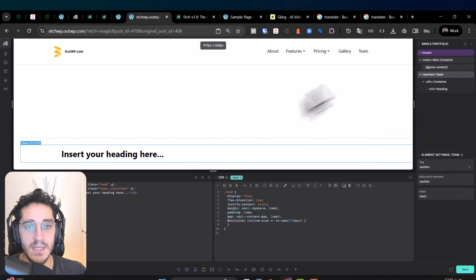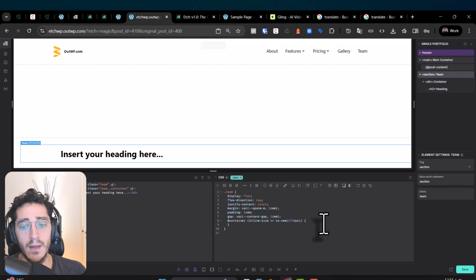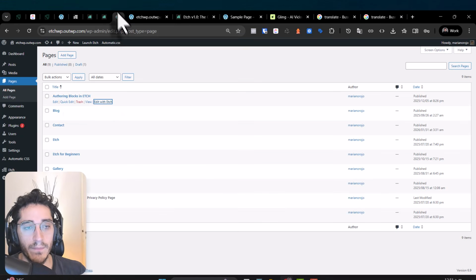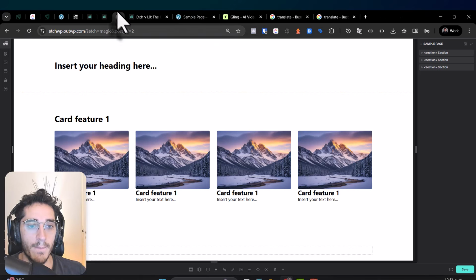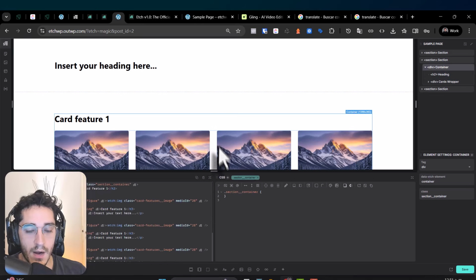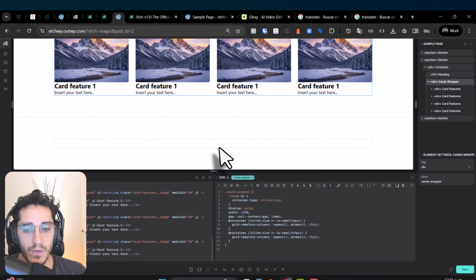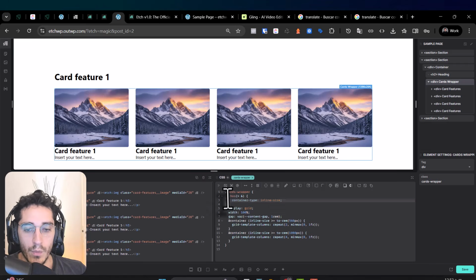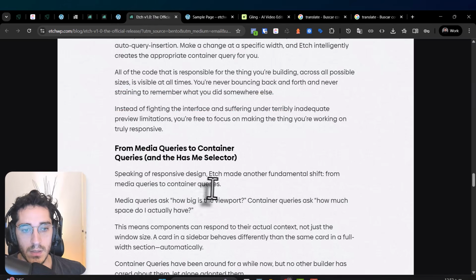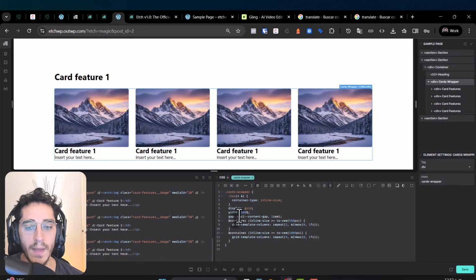and not directly related to the screen sizes. It's something technical, and the thing is that you will have, for example, let me launch Etch in another tab, and I have an example here that I practiced to understand this stuff. And you have here, for example, a card that works with this container query, and you need to work with this element too, the selector that Kevin explained more in this video, and